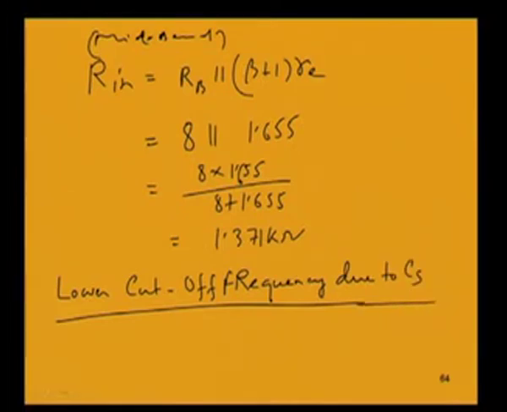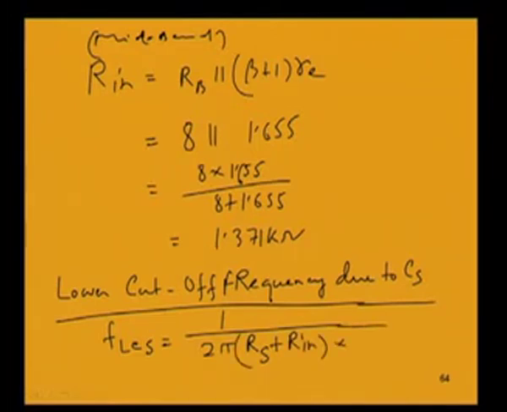Individually we are finding out the lower cutoff frequency, and that, if we denote it FLCS, is 1 by 2 pi into the effective resistance as looked by this capacitance Cs, and that is nothing but Rs plus Rin